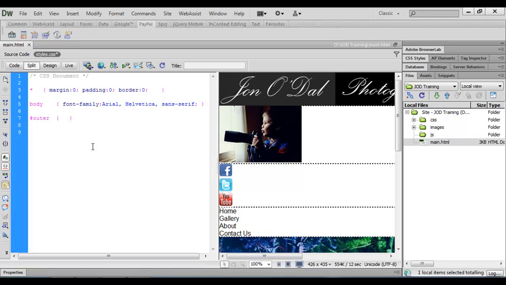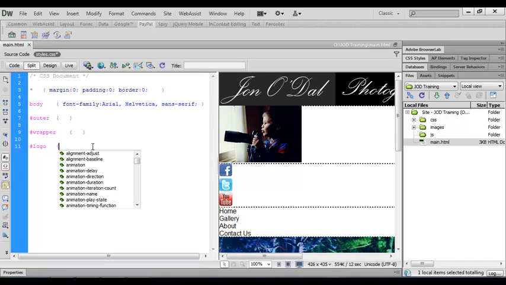I need a selector for each of my divs, and the next one we had was wrapper. So I'll type in the hash sign followed by wrapper, press tab, open curly brackets, tab again, and then close curly brackets. A couple of returns, and now I'm just going to go ahead and enter the rest of my selectors. So the next one was logo. Then we had top photo,